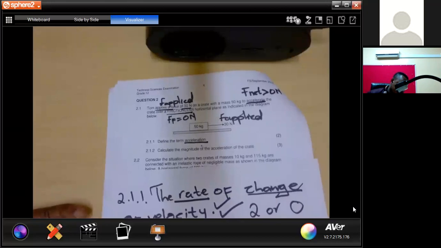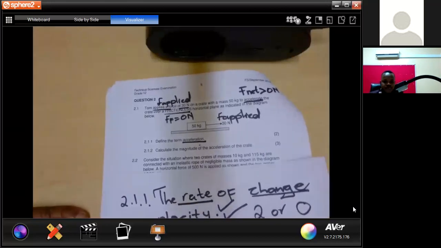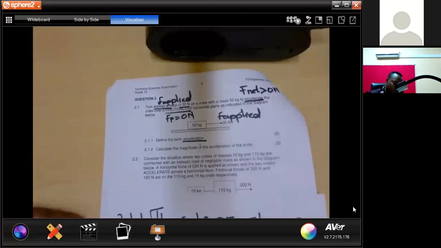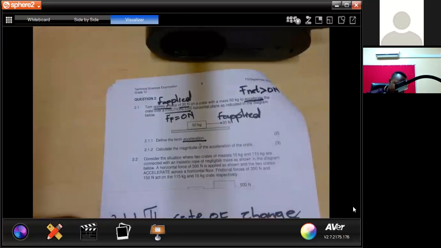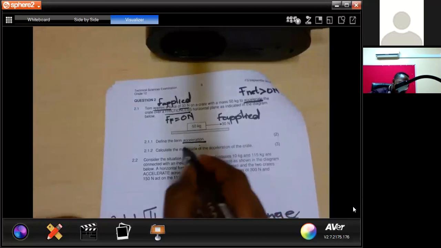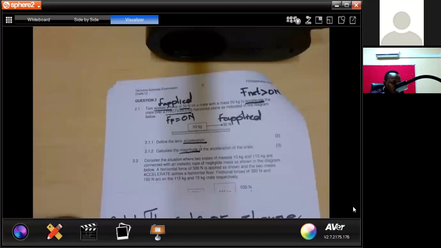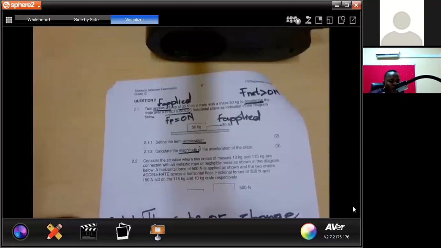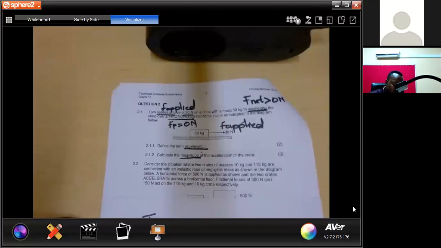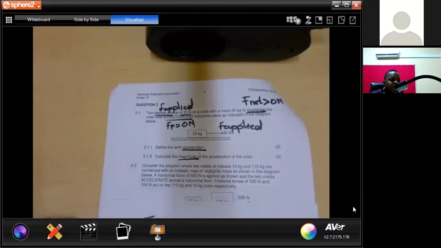Right, then let us go to 2.1.2. Now, 2.1.2, they ask us, we must calculate the magnitude of the acceleration of the crate. In other words, we want the magnitude, we want the size of the acceleration, we want the value of the acceleration. But here, my dear learners, because they said magnitude, it means even if